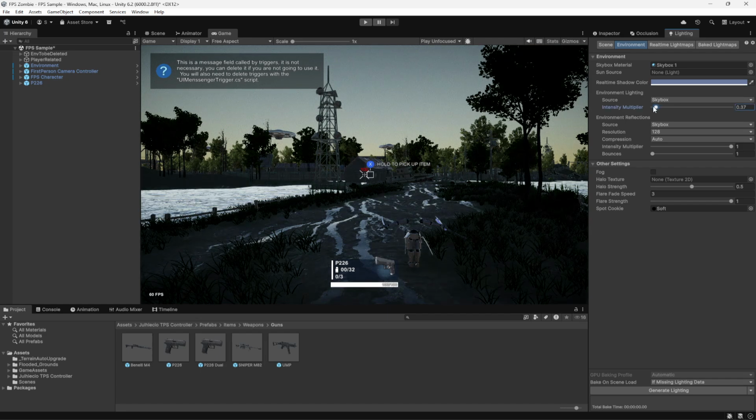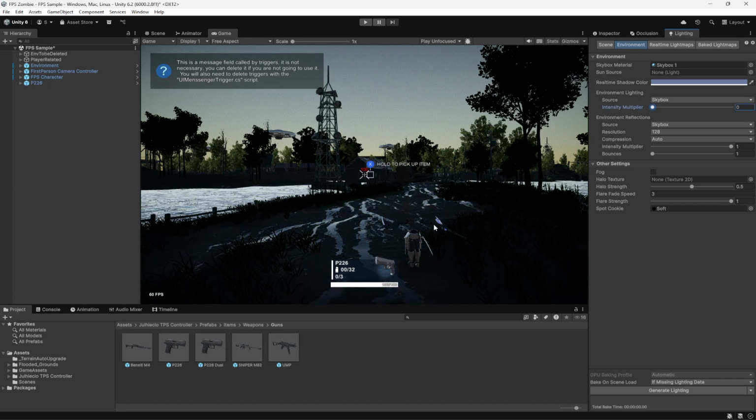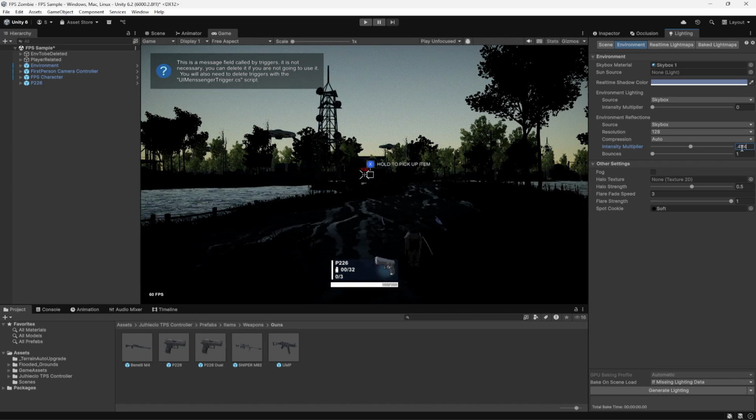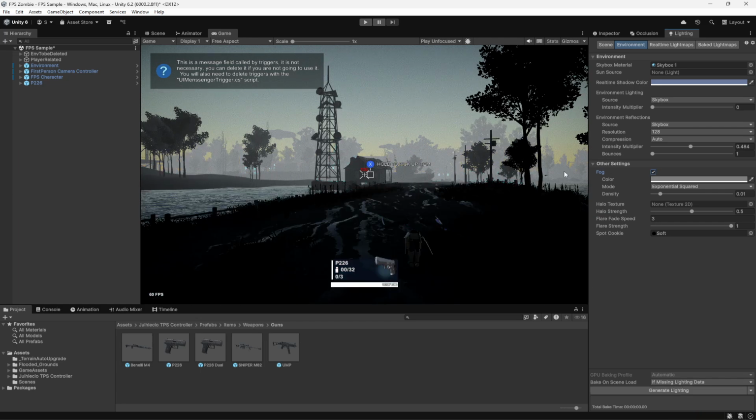What we're gonna do is make the intensity multiplier 0 so that it is fully dark in the environment, and then I'm gonna change this value to 0.484. Alright, and we can leave this as 1, and then we can turn on the fog as well. As you can see, the fog is this white thing in the environment. So you can turn on the fog,